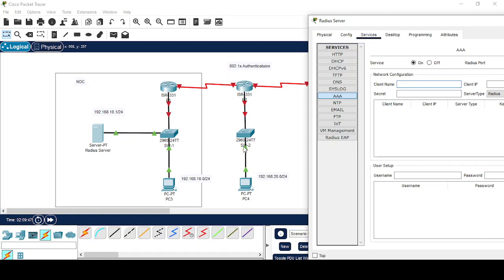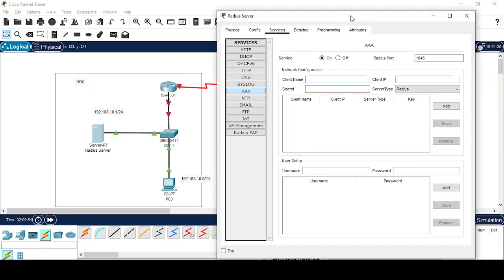Say we are going to configure SW-2. The IP address of this switch would be 192.168.20.1, and the secret key, which should be the same on the switch and on the server,